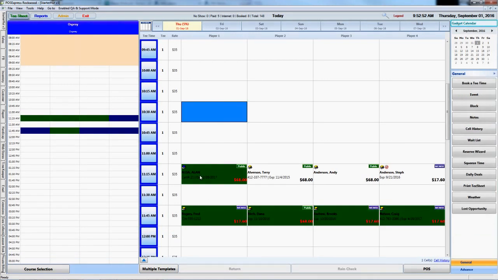So as you can see, I have a single that's marked as paid here. I have a foursome that's marked as paid here. Let's go take a look at what the application looks like on your iPad. So on your iPad,